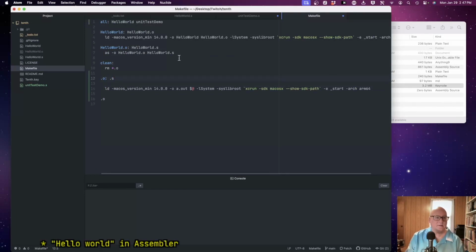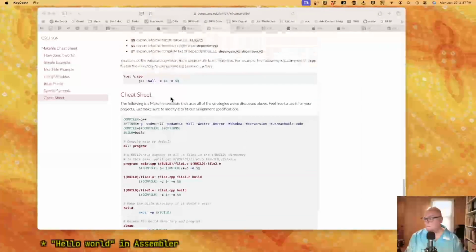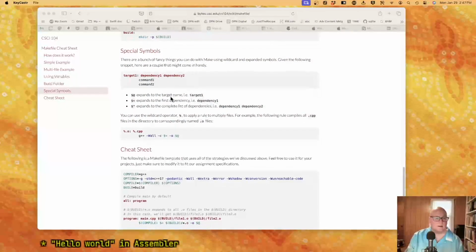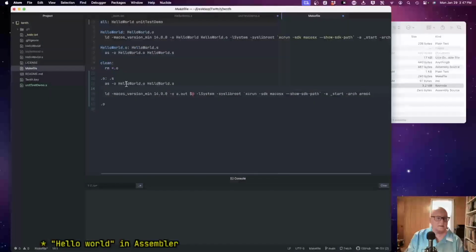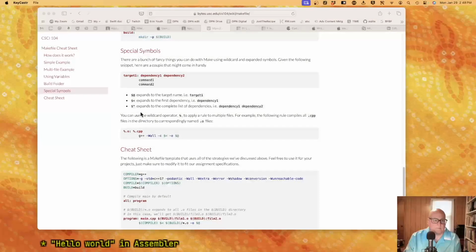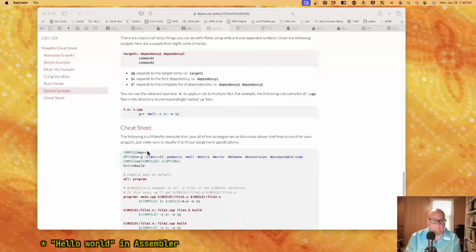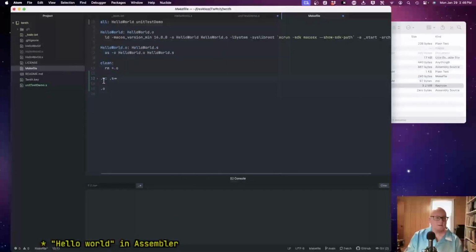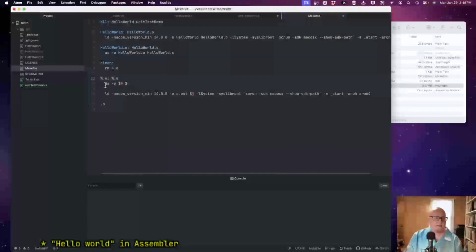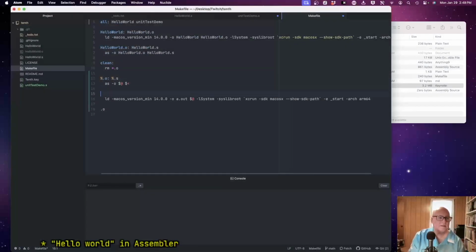I'll get there. $@ is the target. $< is the source. Oh, %.o. Okay. Yeah, I knew there was something. Basically, all object files depend on their assembly files, and then